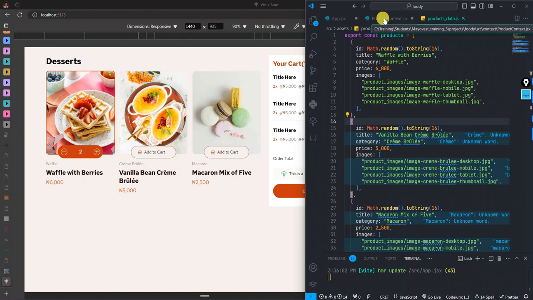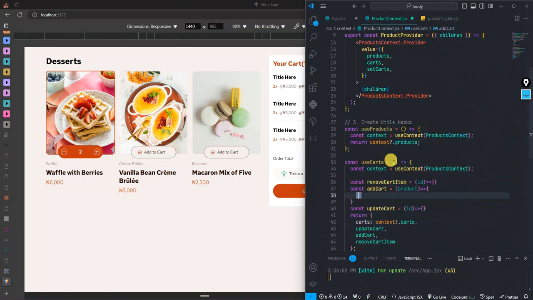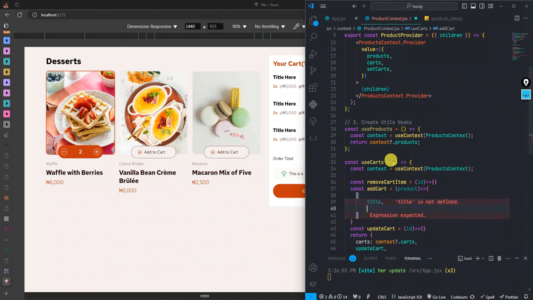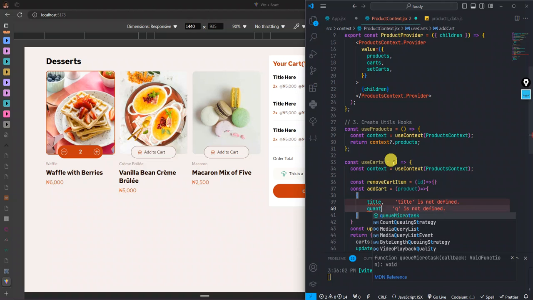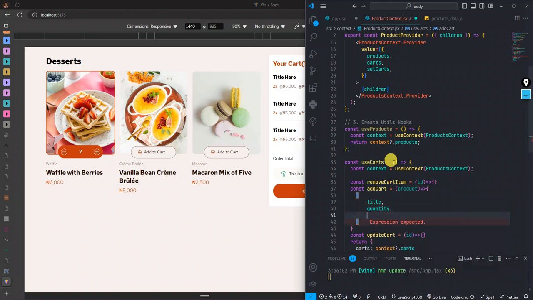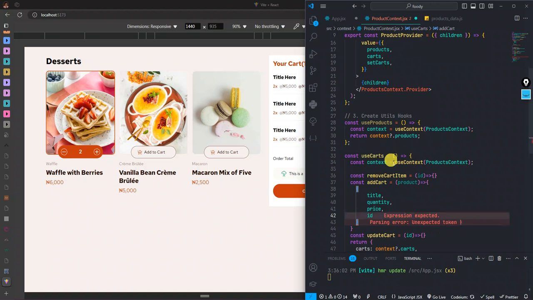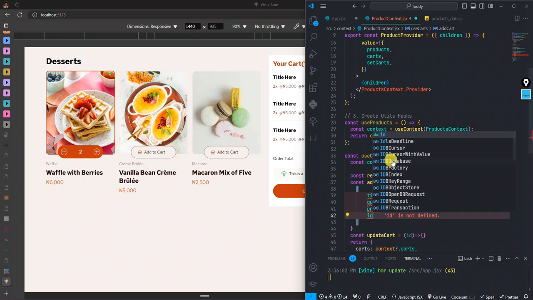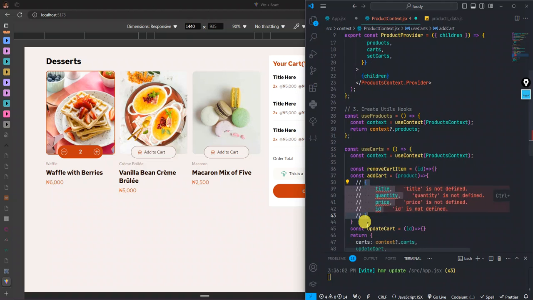Which means anytime we are adding any card, it needs to have this shape. The shape is going to be title, so title will be there. It's going to have the quantity, again it's going to have the price, and again it's going to have the ID, because ID is very important. That's what we're going to use later on to update or to remove any one of the cards there. So we'll come back to this one, but for now let us go and use our stuff,